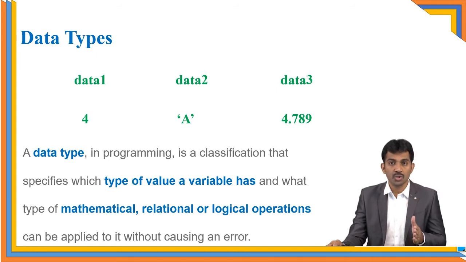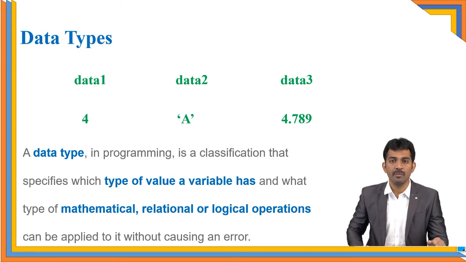Data type is used to identify which type of value you are going to store in the variable, as well as what kind of operations you are going to perform on that variable. Please remember, before initializing the value, we have to decide what kind of data we are going to store in the particular variable. That is very, very important. Without knowing the future data, there is no right way to assign the variables to the data types. You should be clear what kind of data you are going to store in the particular variable.